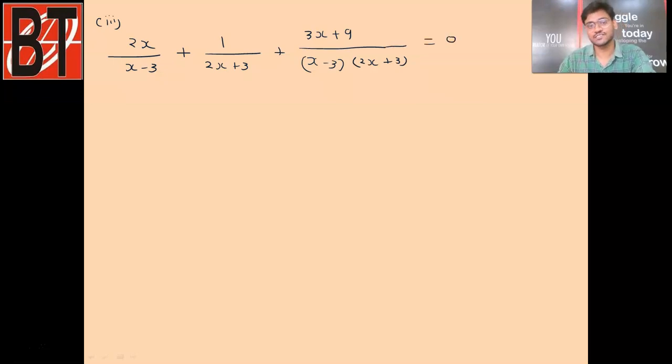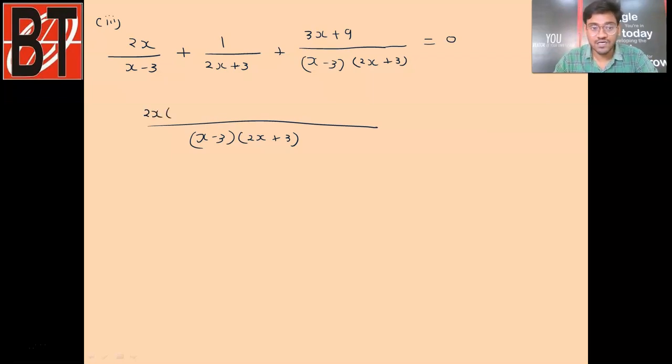Okay, so students, we have to solve this equation. If you take the LCM of the denominators, now students, you may observe x - 3 and 2x + 3. Okay, these are two distinct terms, so the common will be the product of these, and in the next fraction the denominator is the same. Okay, so yes, the complete common out of these three denominators will be (x - 3)(2x + 3). Okay, this is common. Now x - 3, least common I should say. 2x + 3 is going to multiply with this 2x.